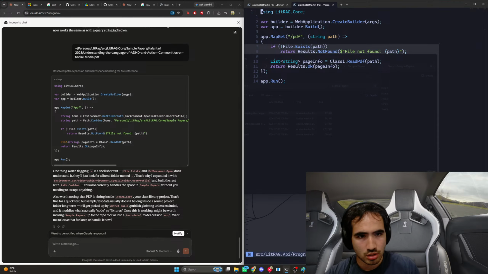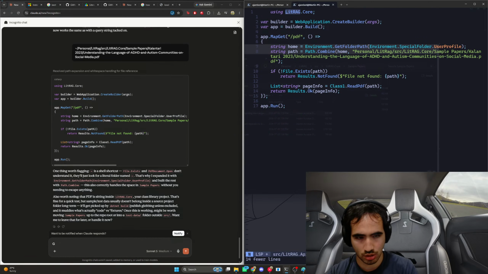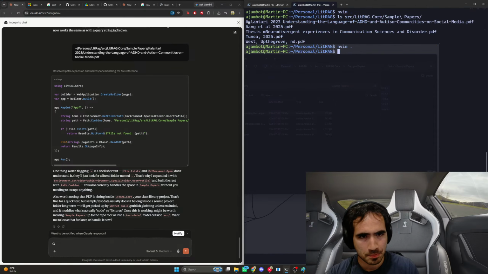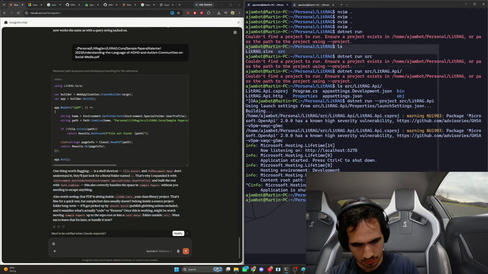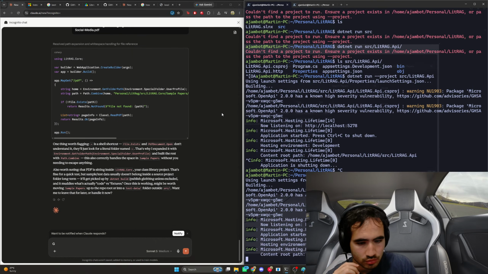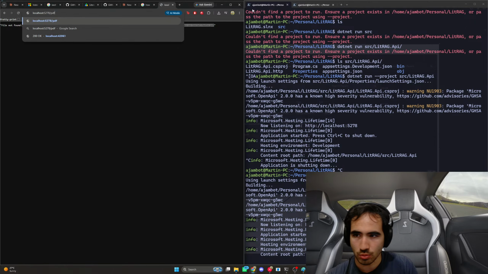So program.cs, and then copy this, go down, paste. Sure, hopefully this works. Now I just need to run it again. Now we should be able to just do that.